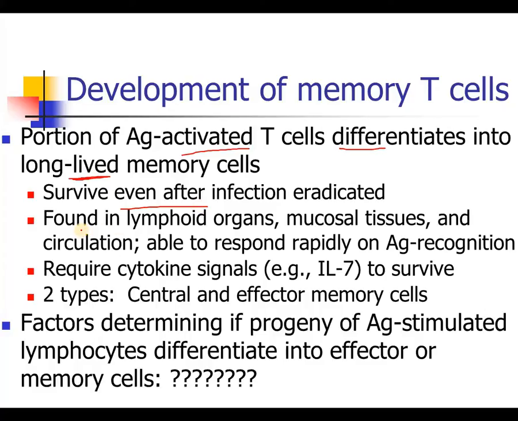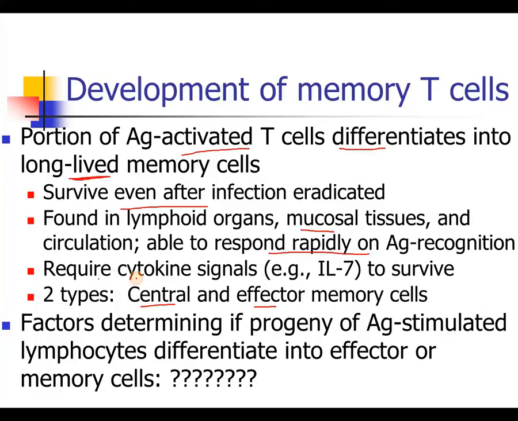They're found centrally in lymphoid organs. They're found in the periphery in mucosal tissues. So we have both central memory cells and effector memory cells. The effector cells would be found out in the periphery. The central cells would tend to be found in the lymphoid organs themselves. Both of these are able to respond rapidly, with clonal expansion upon exposure to their specific antigen, which